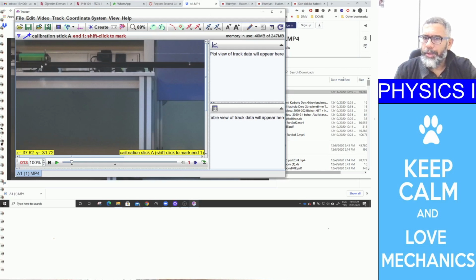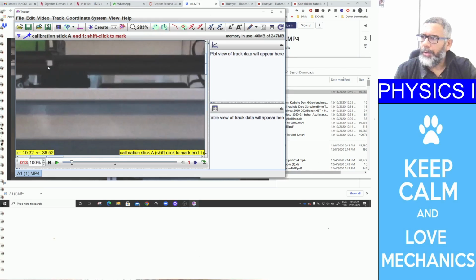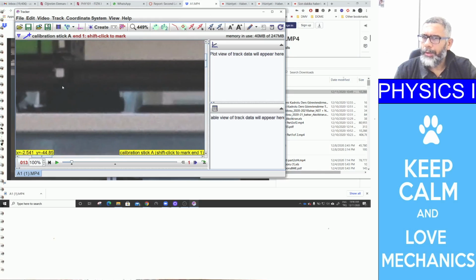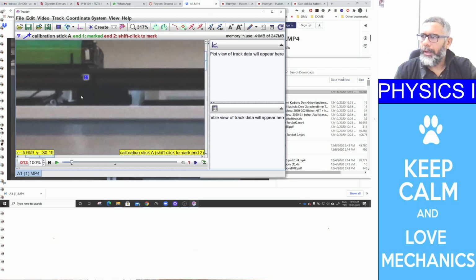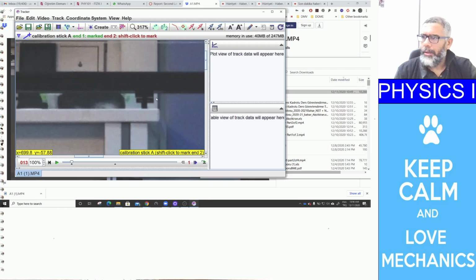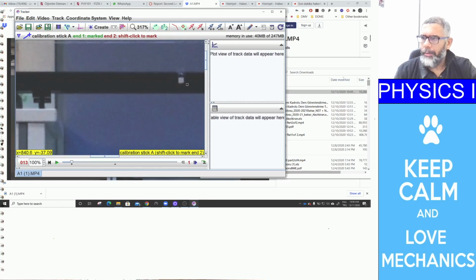While I'm doing this, let me enlarge this, and just observe the mouse pointer. I have just pressed it, and now the mouse pointer turns into a square pointer. Keep holding the shift key, come to the right center of the white label, and press the left mouse button to make my first mark. Then come over to the second label, do the same, press and hold shift,